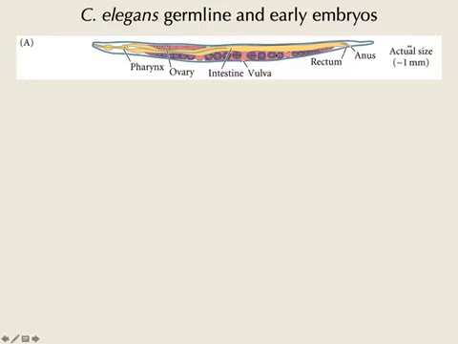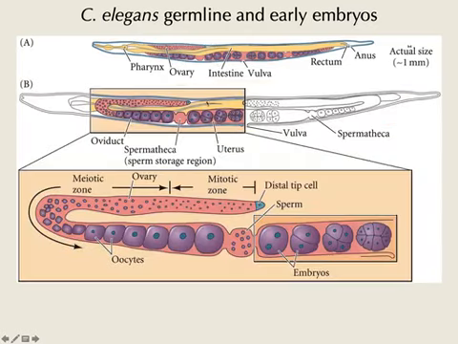So the germline, let's just take a quick look at the germline, which in these hermaphroditic worms occupies most of the organism, right? So if you zoom, the germline, you have these two arms, so that would be the vulva. So they are hermaphroditic. That means at some point they can make sperm, but they also make eggs, okay? And they exchange sperm, so they can keep the sperm of another individual in this so-called spermatheca, or sperm storage system. And here is the gonad. So that's the now the female gonad, I should say, which produces oocytes.